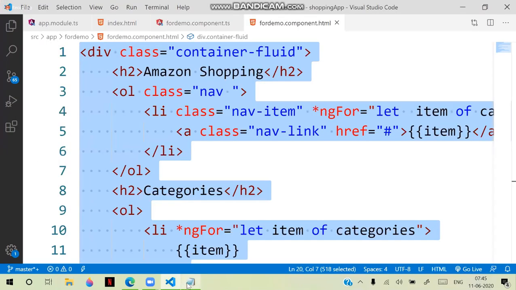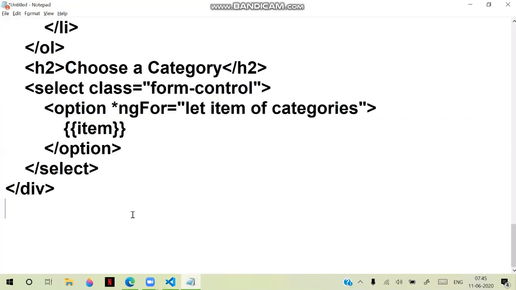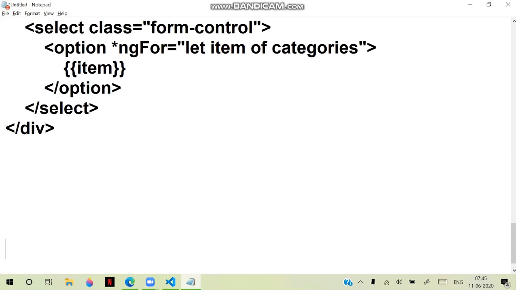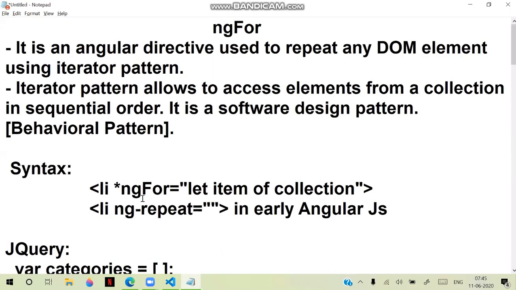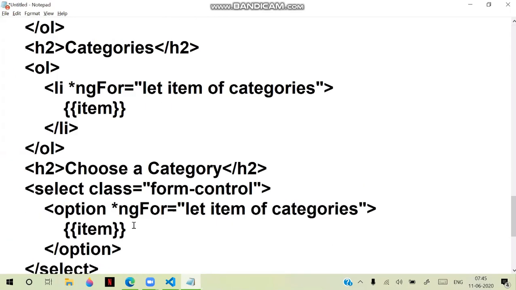And next important is actually, we can use, you can use nested. That means here